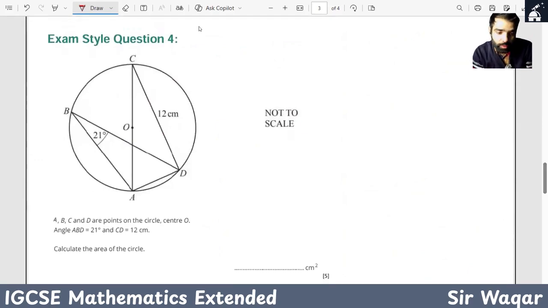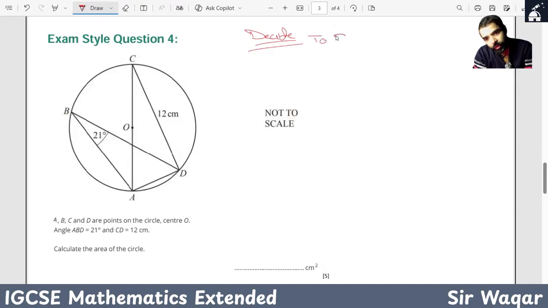In exam style question 4, we have A, B, C, and D as points on the circle. Angle ABD is 21 degrees, CD is 12 centimeters. Calculate the area of the circle. Okay. Now, what we have to find is